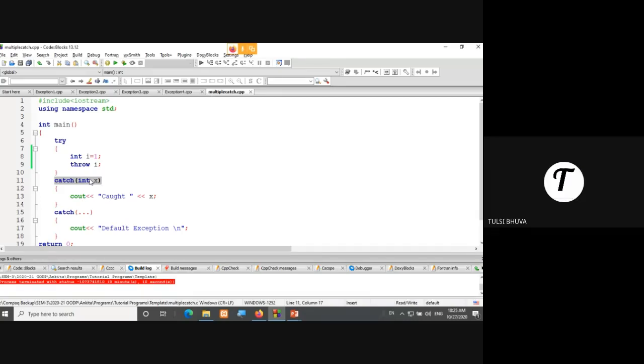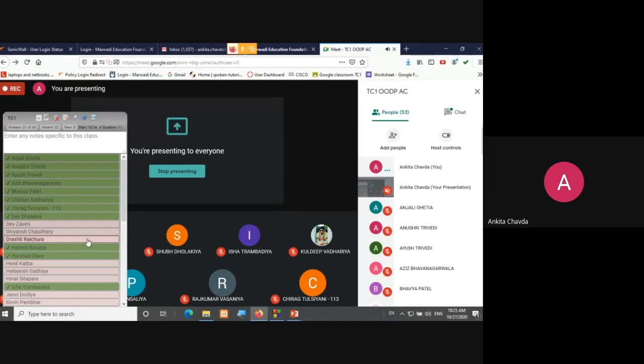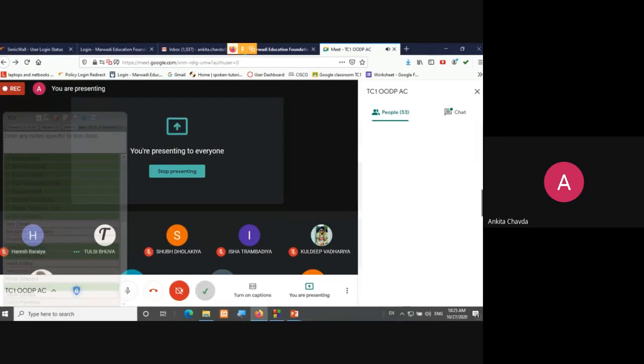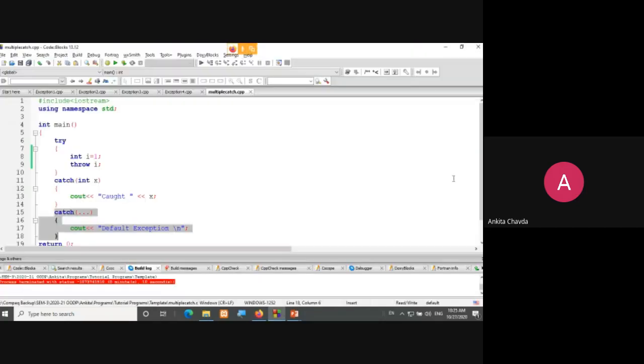But if it is not finding the appropriate catch, only at that time will it go to this default one. I hope it is clear. Any doubt in this? Clear? Okay, fine. So this is what your exception handling is.